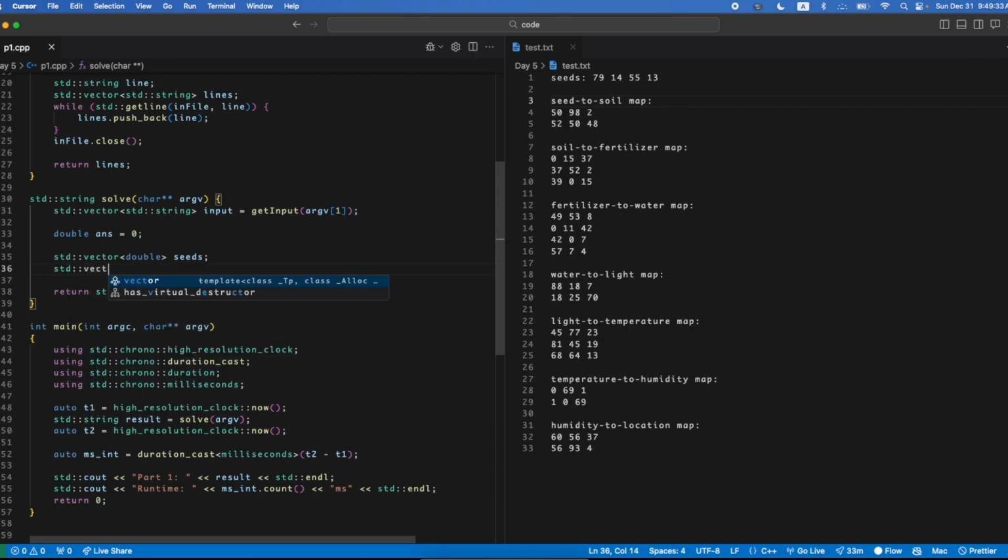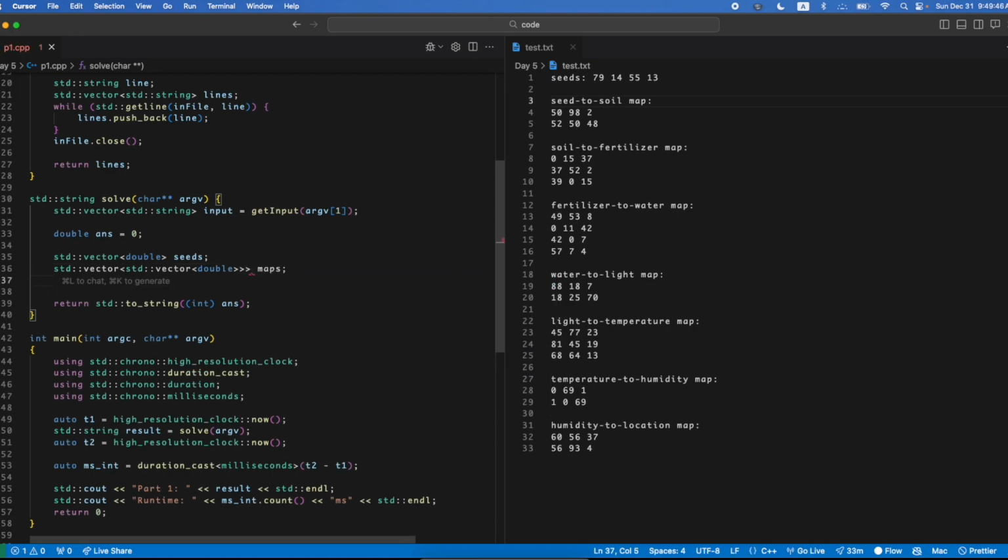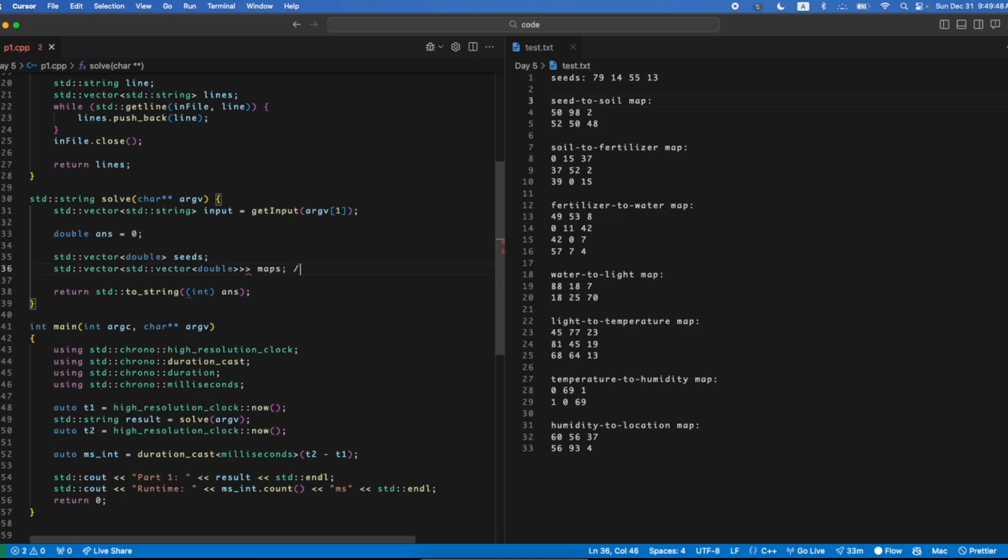But for now, let's just initialize a three-dimensional vector to store doubles, and we will call this maps. I think I need one more angle brace there. There we go. Perfect. And I'm just going to leave a comment for ourselves depicting the structure of this. So recall that we have the destination, the source, and the length given in that order. So that's probably how we're going to want to